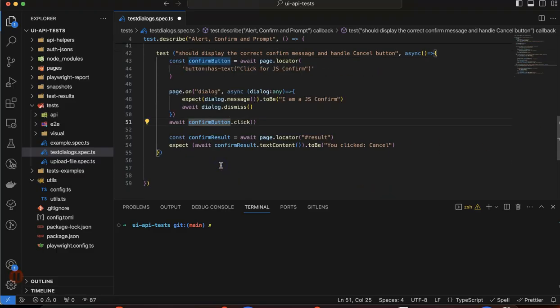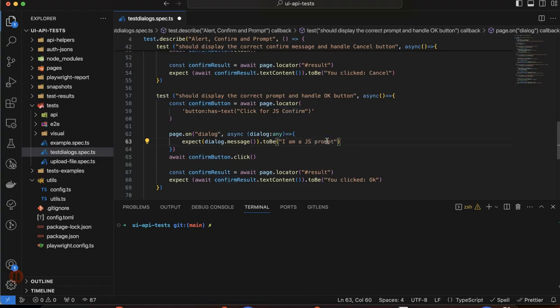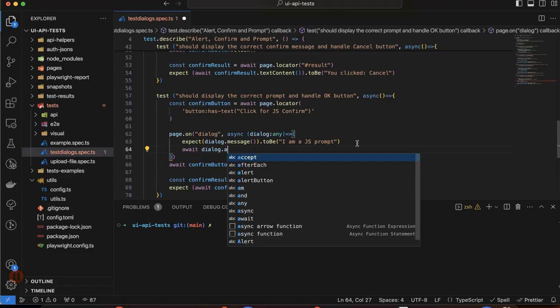Now the third was basically the text input, right? So I think that should be an easy one as well. All I'll have to do is enter a text input. So I can do the same thing. It should display the correct prompt, because it's not a confirm, and handle the OK button. The dialog should say JS prompt, and I need to enter dialog.accept